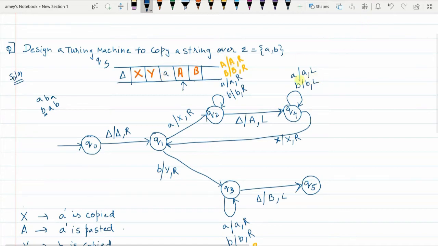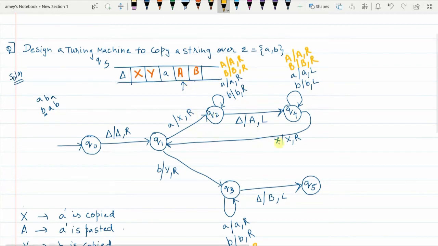Okay, so while coming back, you should come back till you reach X or Y, because your aim is what? You should reach a cell, go back to the cell that was copied in the last iteration, and towards the right of that cell you will find a new iteration value to be copied. Fine. So on the way here, small a, small b is encountered, you are going to ignore and move to the left. Similarly, you may also find capital A's, replace and move to the right. Similarly, you may also find capital B's, replace and move to the right.